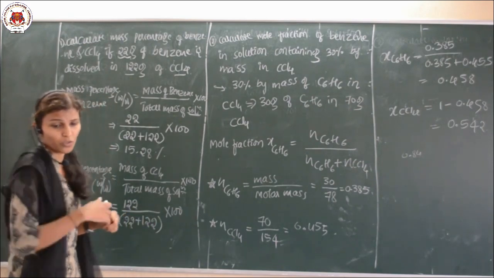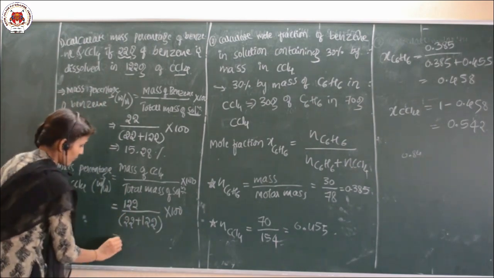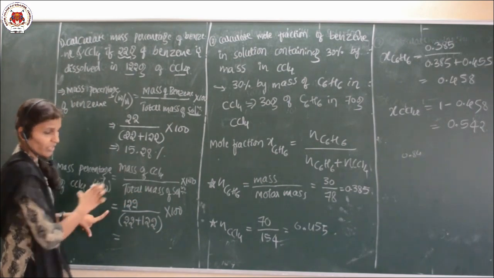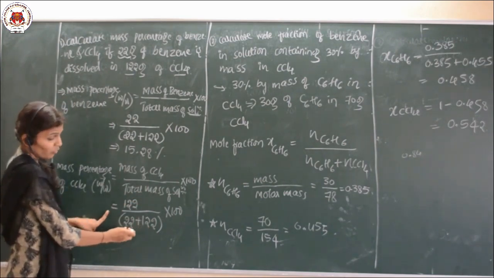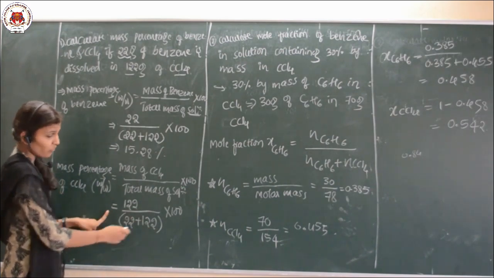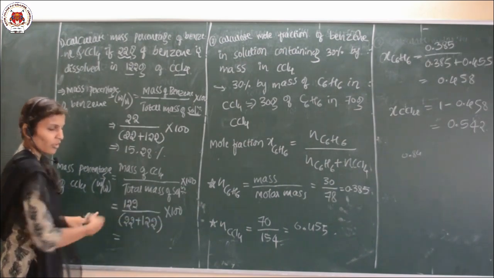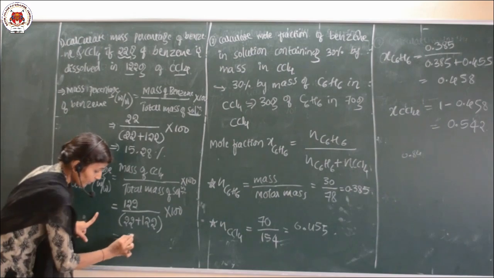Why is it so? 122 is the mass of the CCl4, and as the solution has two components, we have to add both the values, into 100. If you go on calculating, you are going to get